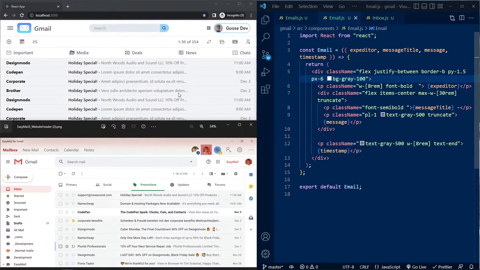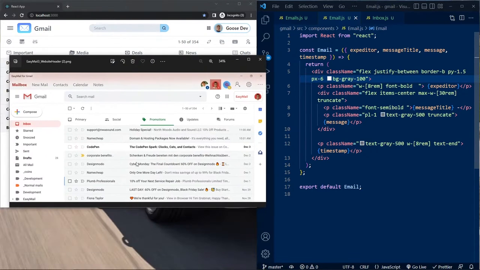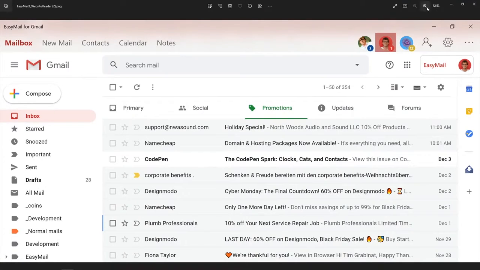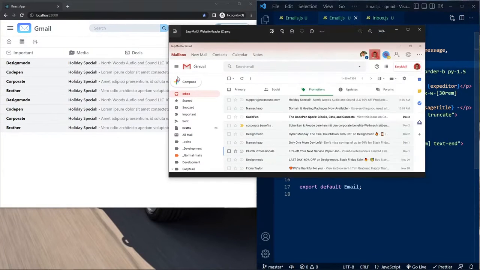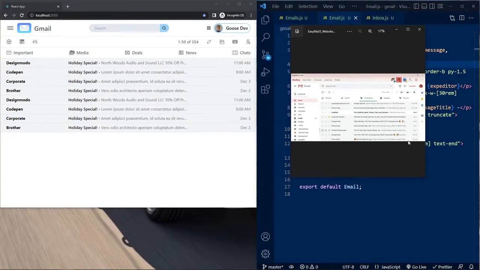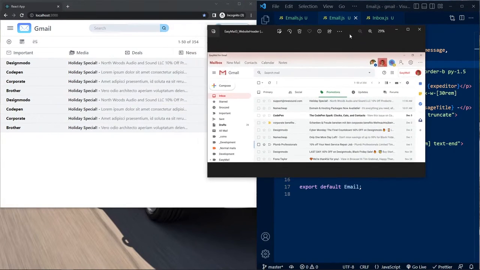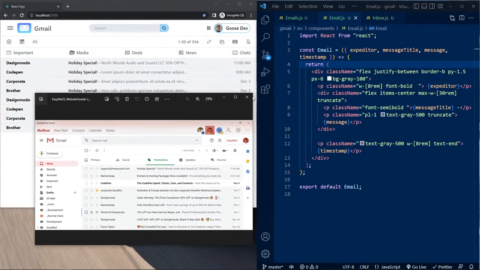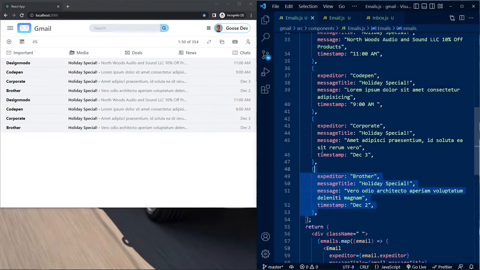So looks good now. The last thing I would like to do, let's see what we have here on the bottom. I cannot make this smaller. So yeah, the bottom, I don't know what we have at the bottom. Let me just add some more emails first of all. So I'll create more emails